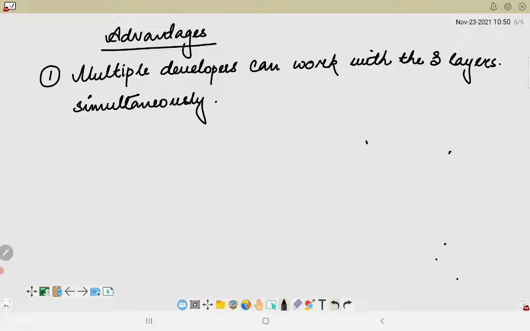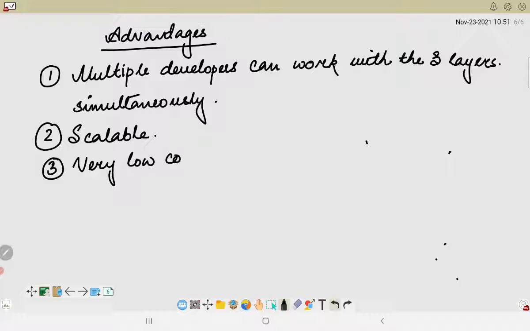The next important point is that it is highly scalable in nature, because it supplements the ability of the application to grow. Then it has very low coupling and high cohesiveness. When we are talking about coupling, it is basically the dependency of one module on another.